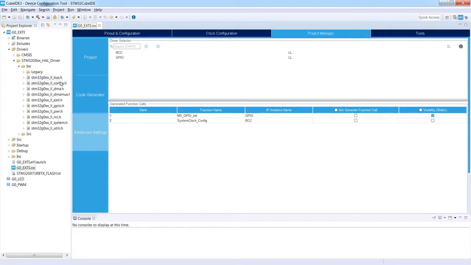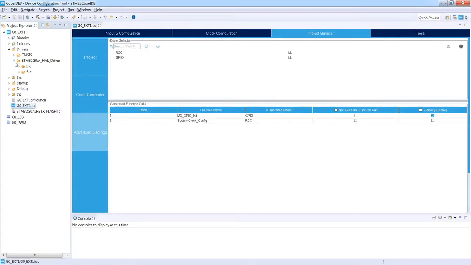Most of the functions, in fact macros, to control the peripherals are stored in the header files as macros which are operating on particular registers. The idea behind the low layer macros and functions is that each function, each macro, is operating on a single register.